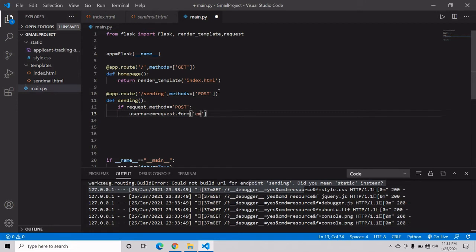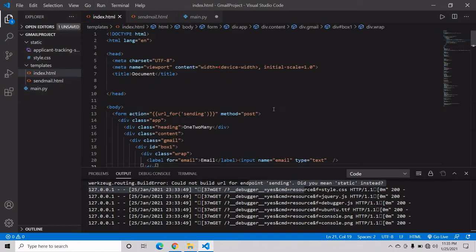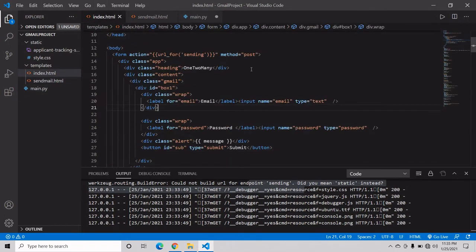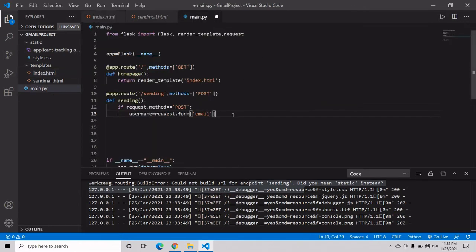It should be our email, because in our index.html file we have our email with the name email. So we have to take this value to take the input from our HTML page into our Python. Similarly, we have to take our password also, request.form. Now it is also our password.